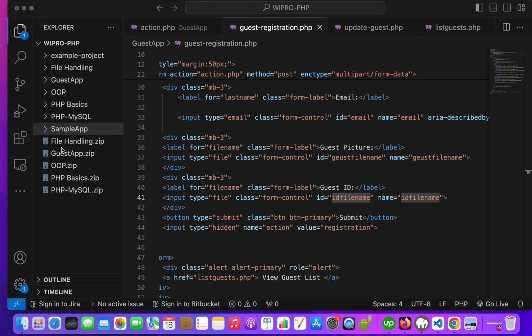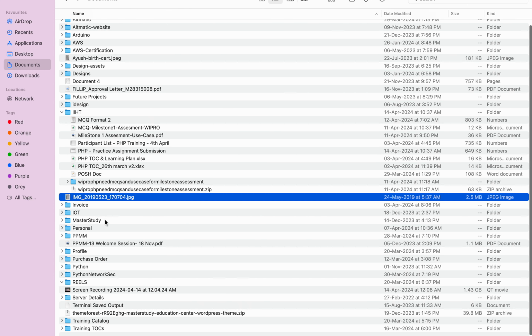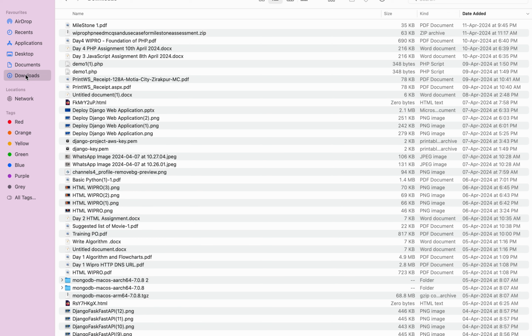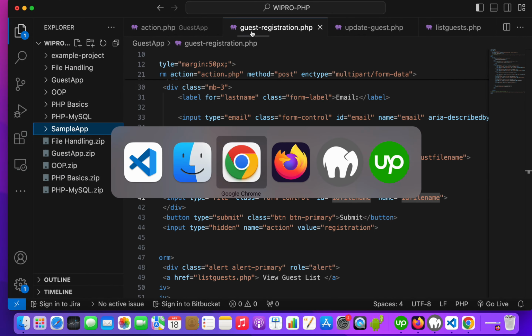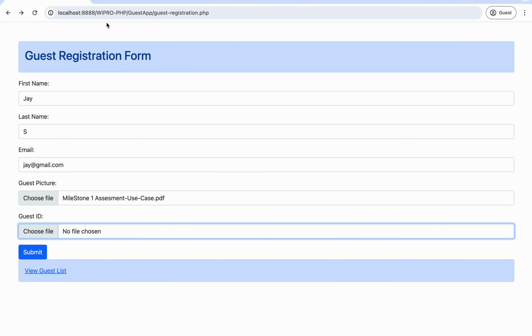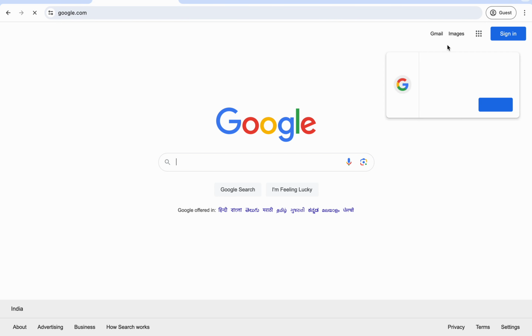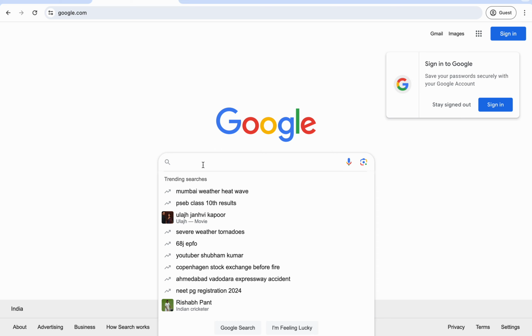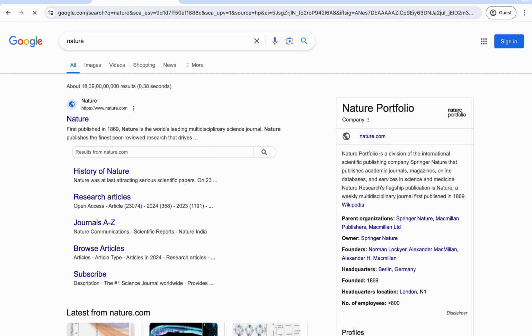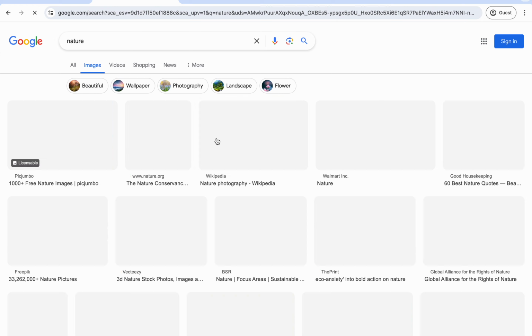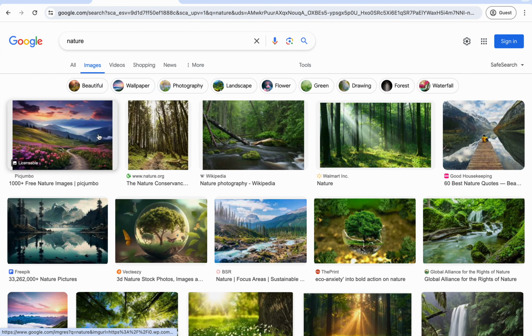What is this? I have no picture on my system. How? Or let me download some pictures. Nature. Right, I'm just downloading some small pictures. Suppose I'm just